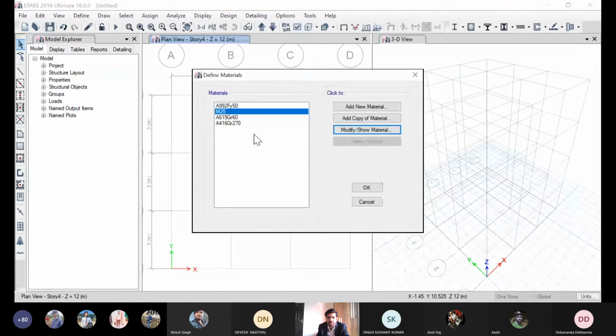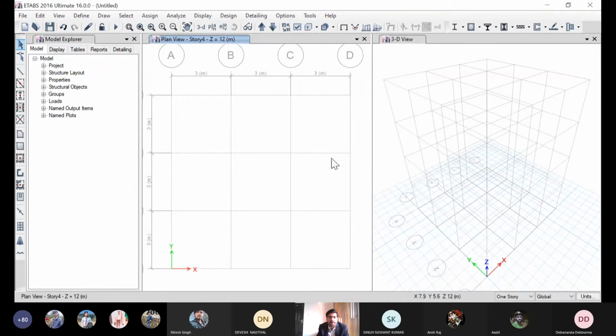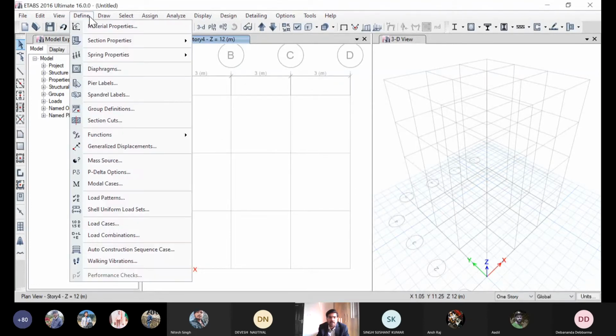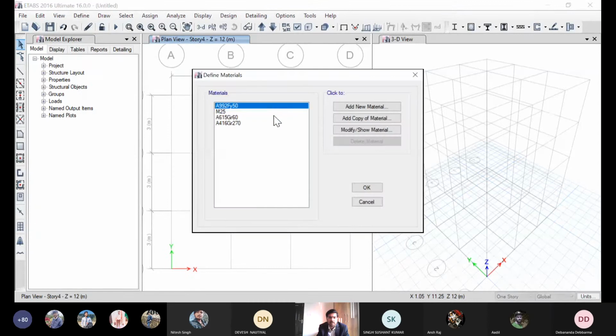So I have just defined materials. What materials? The materials which I am going to use for my building. This is the first part. So I have chosen my materials and defined them. Define and go to materials. M25 and steel.